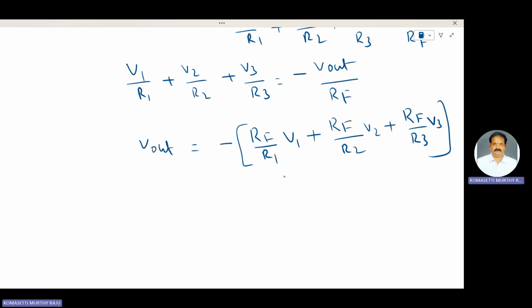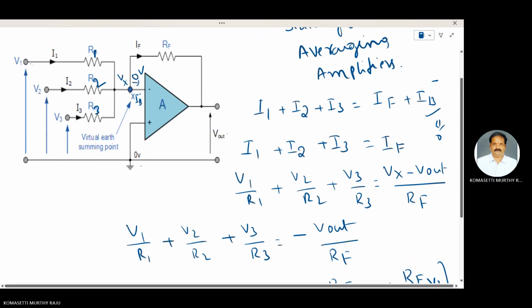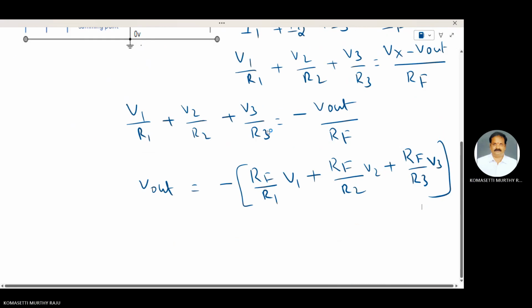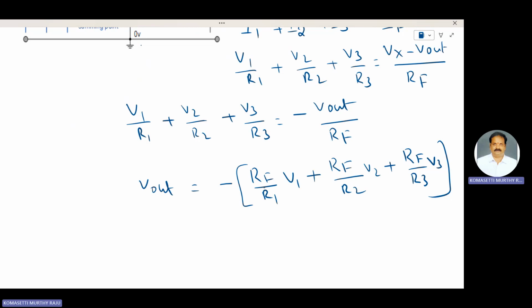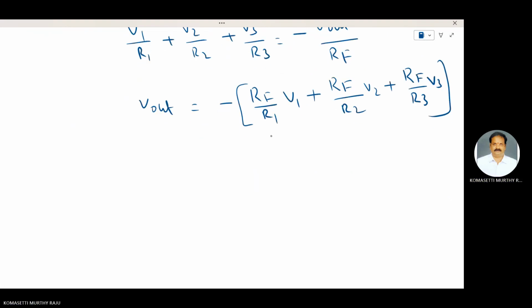This minus sign indicates a 180-degree phase shift between input and output. Vout is equal to minus of RF by R1 into V1 plus RF by R2 into V2 plus RF by R3 into V3. The output voltage is equal to the negative sum of all the inputs times the gain of the circuit. The gain of the circuit means here